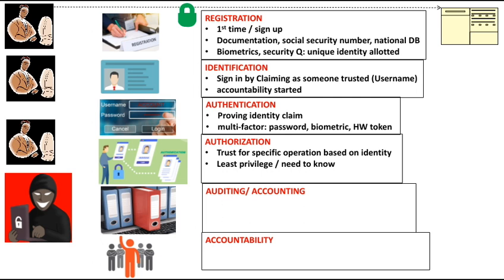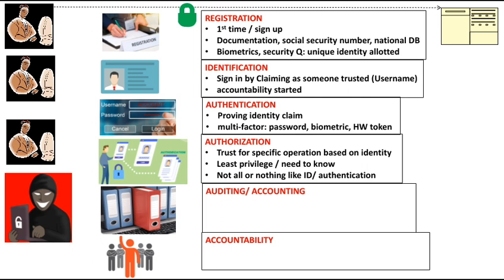Least privilege relates to the actions on the system, and need to know relates to the access to the data. So you are allowed to perform only the minimum actions on the system as needed, and you are allowed to access only the data as per the need of a specific user.